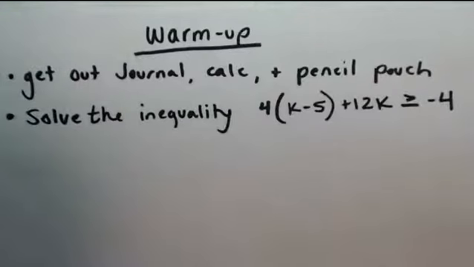Alright guys, as you're getting out everything, please get out your journal, calculator, and pencil pouch. I want you to solve the inequality 4(k - 5) + 12k ≥ -4. As you're solving this inequality in your journal, your test from last Thursday will be passed out to